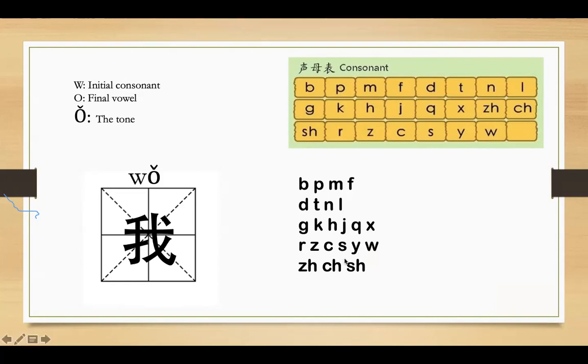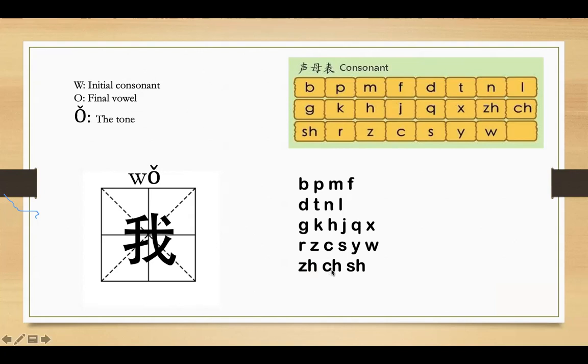And we have three double consonants. They serve as a whole. So we don't pronounce it as z, he. No, we don't pronounce it like this. They are a whole. So together we pronounce it as zh. For zh, it's zh, like Jack. The first pronunciation of this word is Jack. So zh,